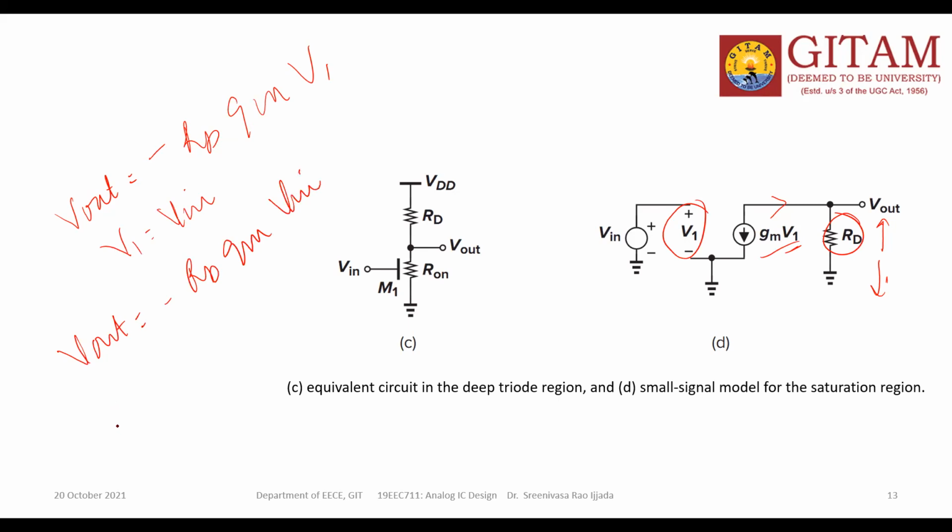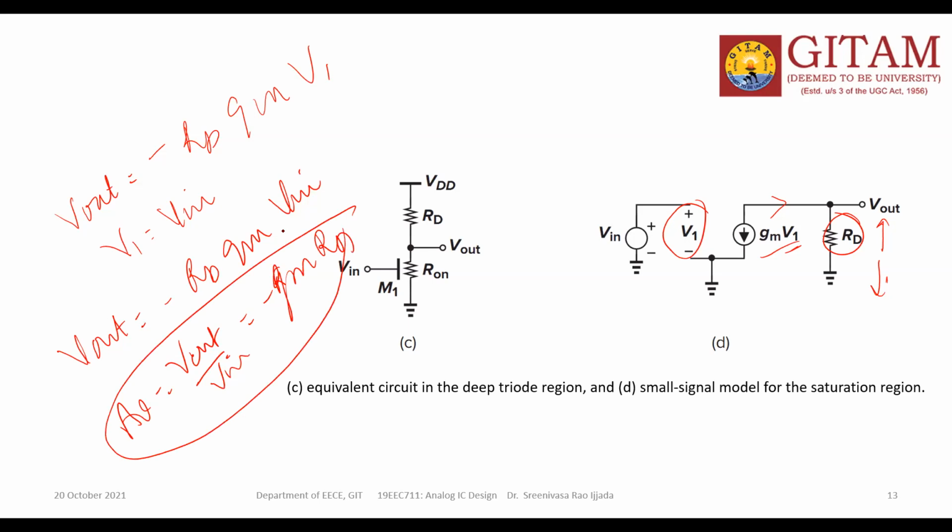Okay, then your gain AV is equal to Vout by Vin is equal to minus GM into RD. I think both are the same. You calculated from the current equation and got minus GM into RD as the voltage gain formula, and from the small signal analysis, the same thing. From the figure C also you got the same thing. Vout is equal to minus this RD value multiplied with GM into the change in Vin.